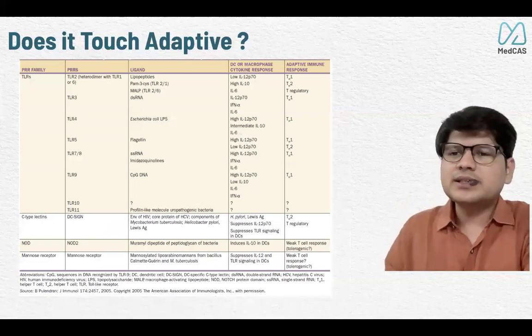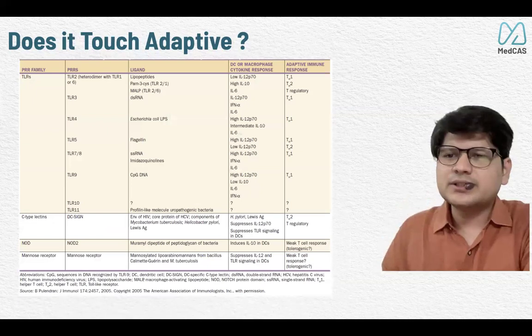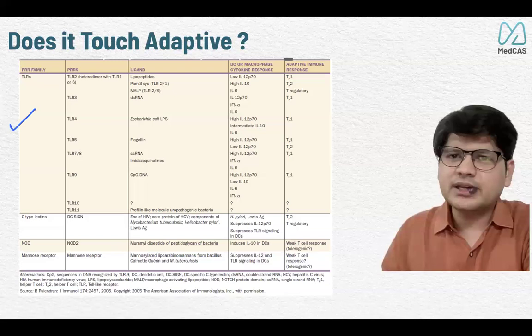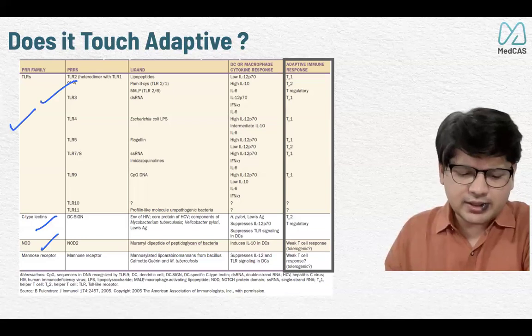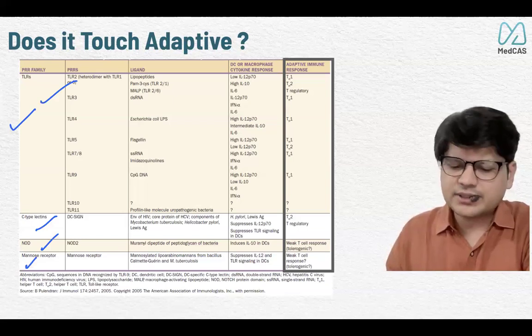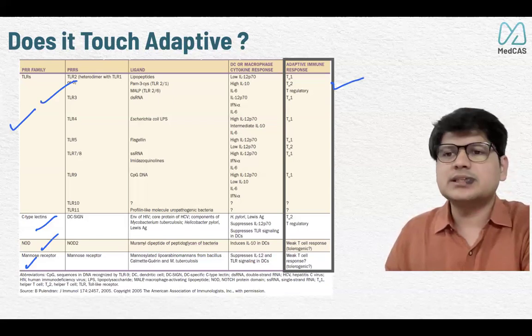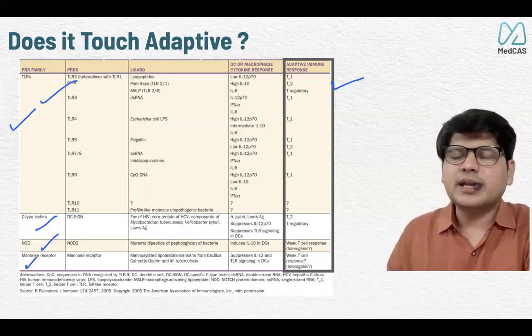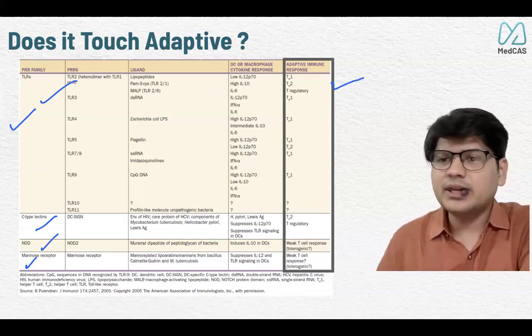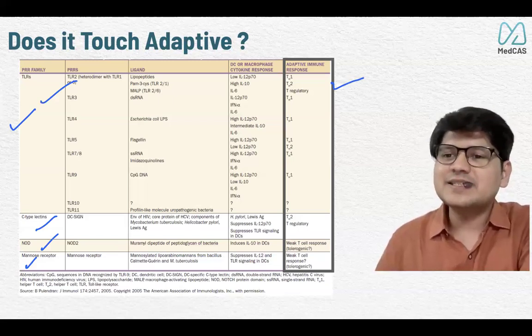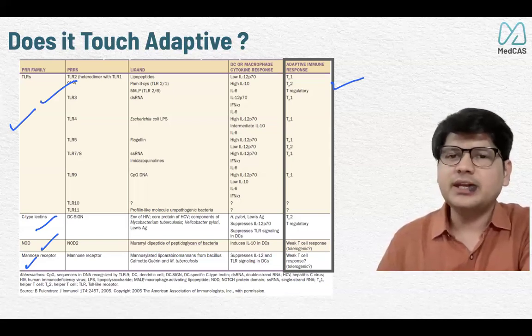Now, whatever phagocytosis or pattern recognition happens, does it actually touch adaptive immunity at all? The answer is always yes. Through TLR, CLR, NOD-like receptor or the Mannose receptor, somehow we touch this system, and we will discuss later how it works. But concept-wise, it should be clear. These are all from Harrison; I'm not bringing anything new. It is all given in Harrison that it touches the adaptive immune system also through this pattern recognition receptor. Fine.